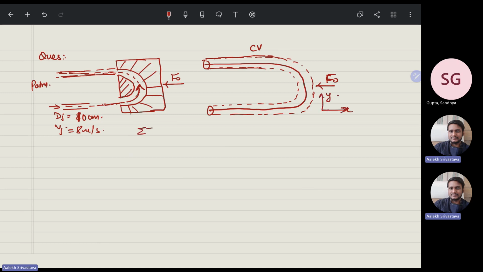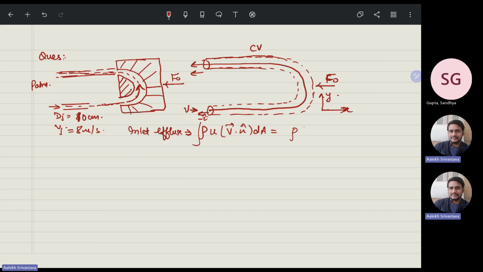So if I apply sigma Fx, that is equal to, what is the velocity here? Velocity is in this direction, and area vector is in minus i cap direction. Here velocity is in this direction, and area vector is also in this direction. So we will try to write the inlet efflux, which is the integral of rho u V dot n cap dA, that is equal to,